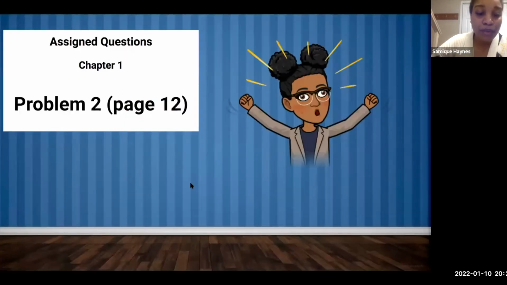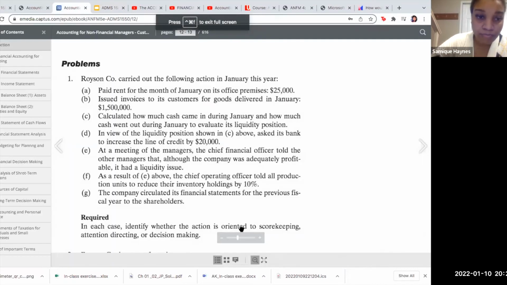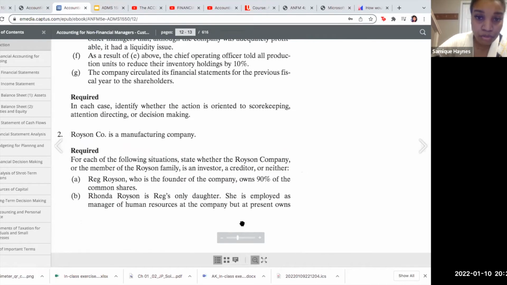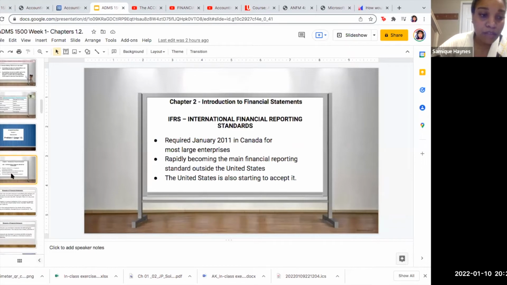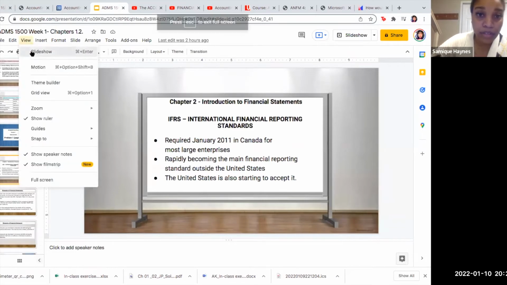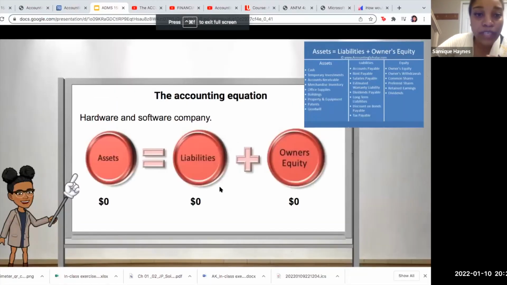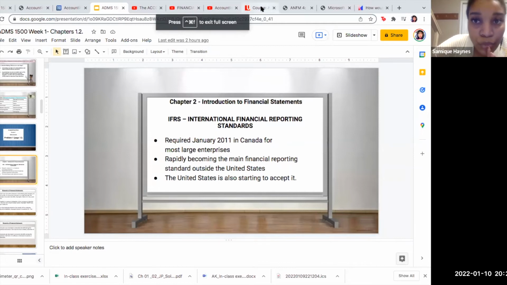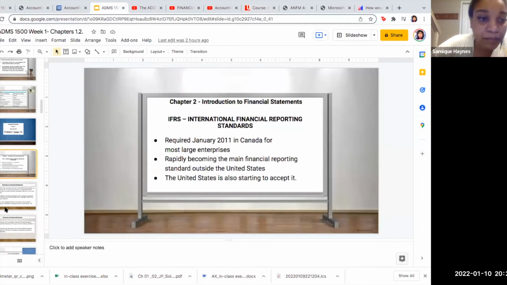Let's go to problem 2, page 12. Actually, I think I wanna hold off on this. If it's an investor credit, I'm gonna hold off on that because I want us to be able to go through the examples of the accounting equation before people get too tired. I know that it's a bit late. Okay, perfect. So the accounting equation. Never mind, don't go to anything. Let's stay here. Okay.